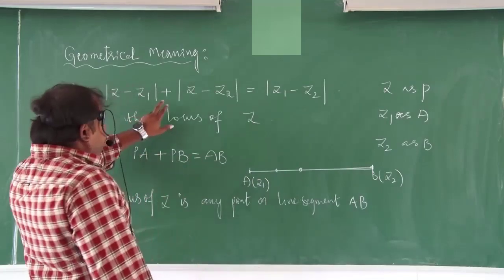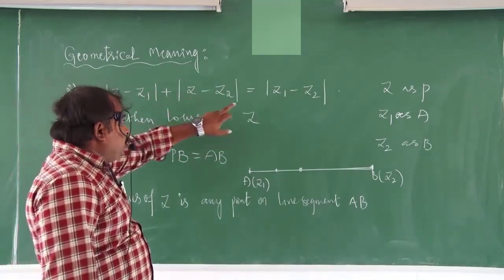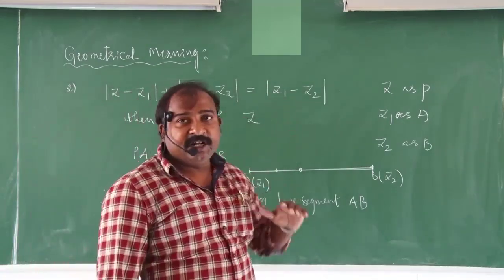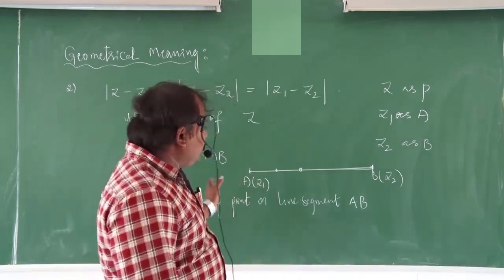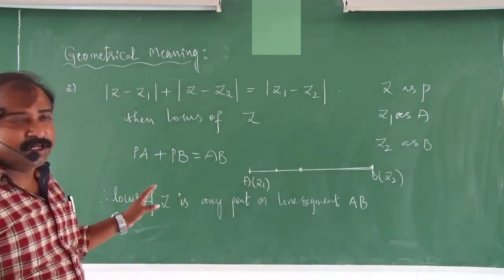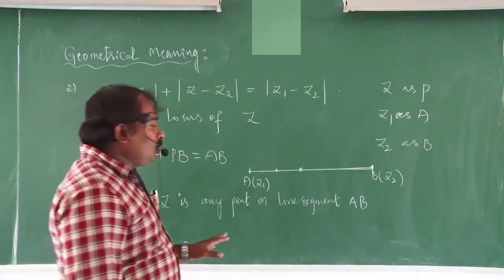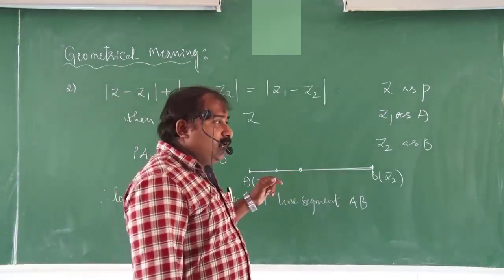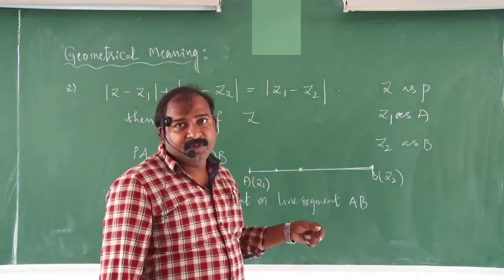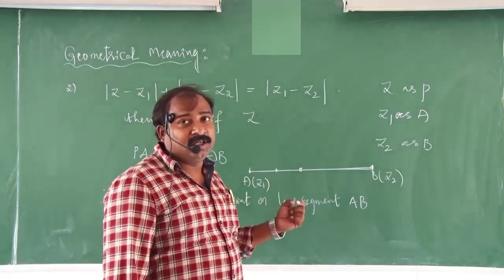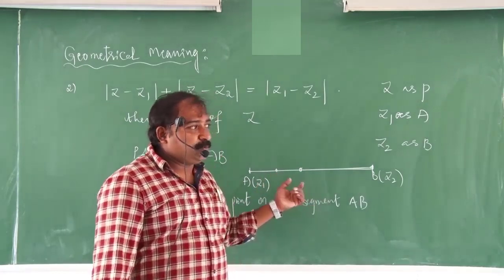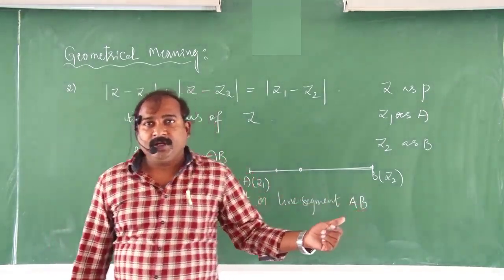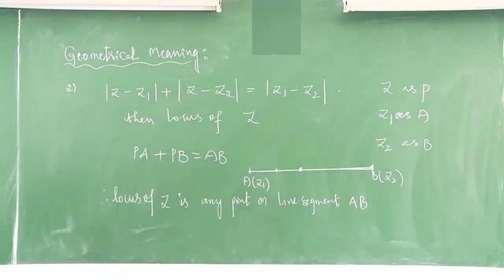Modulus of Z minus Z1 plus modulus of Z minus Z2 equals modulus of Z1 minus Z2. This is the next point. I hope that it is clear. So here the locus is nothing but any point between the points A, B. The point P lies on the line segment, which lies from A to B. Next, after this one,